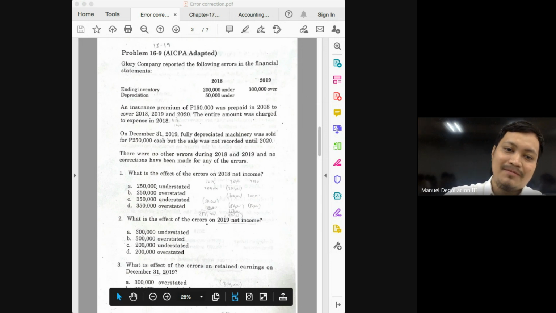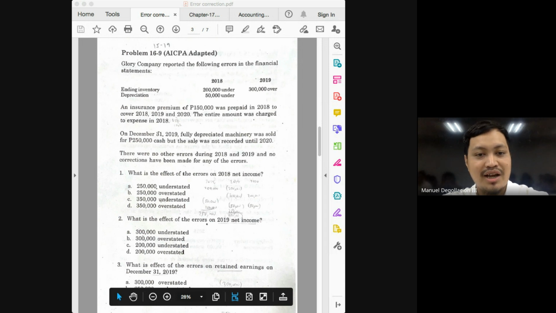And many students would find this topic difficult, class. If you commit one mistake in the analysis, more often than not, your wrong answer will be among the choices. So if you ever commit an error in this topic, pray that your wrong answer is not among the choices. Or alternatively, double check your answer. Review your answer. And my advice is, for these kind of topics, do not review it immediately after answering it. You go back to it so that you will have fresh eyes to look at the problem.